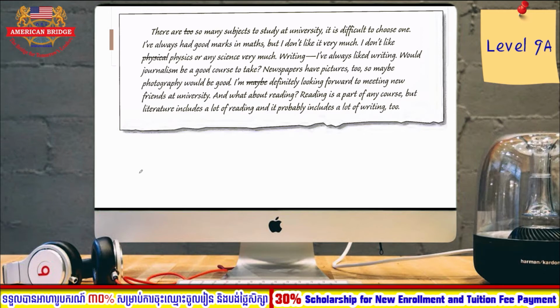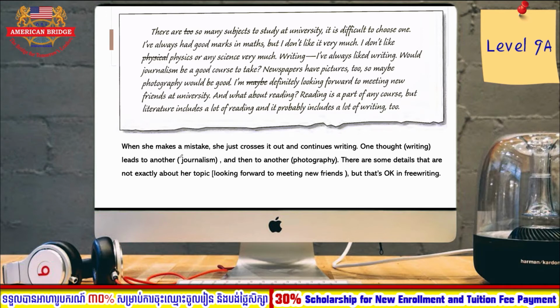As you can see, in these writings, the student just crossed out some of the words. As you can see, there is "to". So she doesn't think it is good to use the word "to". She just crossed it out and changed it to the word "so". So if you look here, if you make mistakes, the writer here made a mistake, she just crossed it out and continued writing without thinking too much about spelling, without thinking about the grammatical structures.